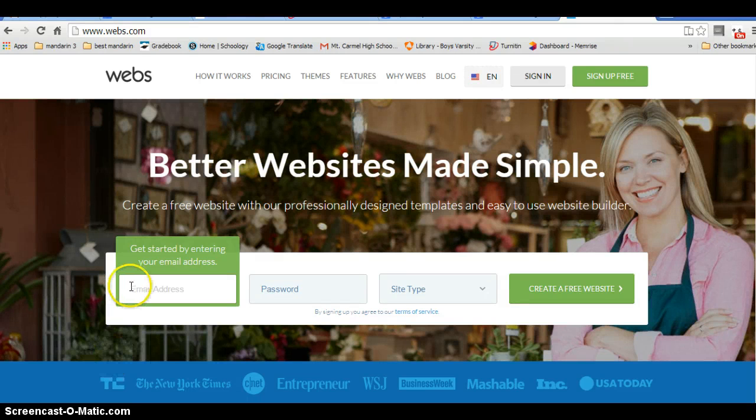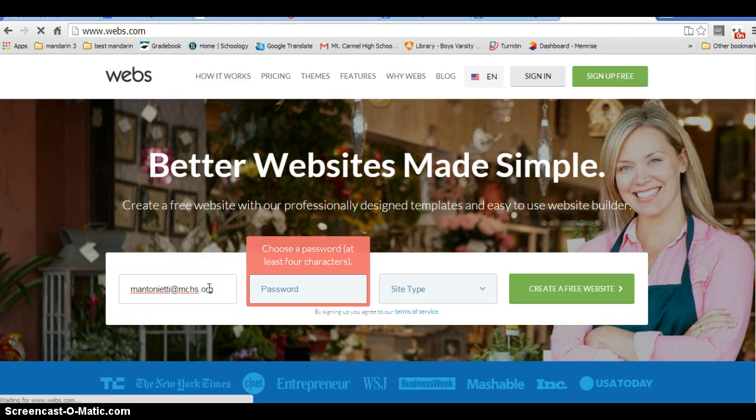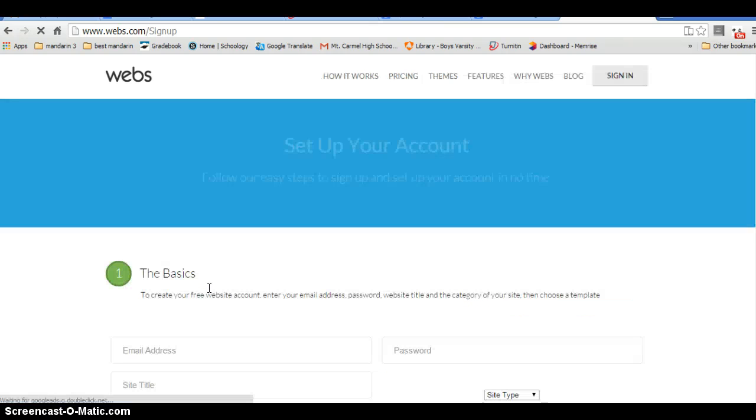Very simple and easy. Get started by entering an email address. So, mantonetti@mchs.org. Enter. Choose a password. Now, I'd like your password to be,